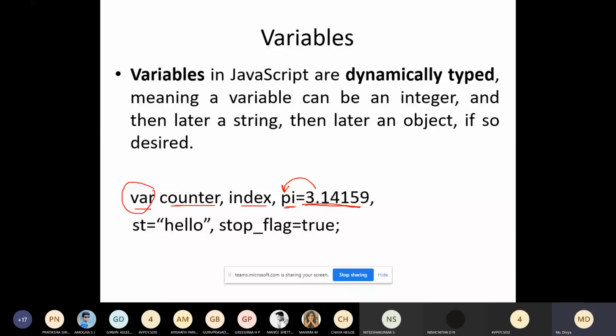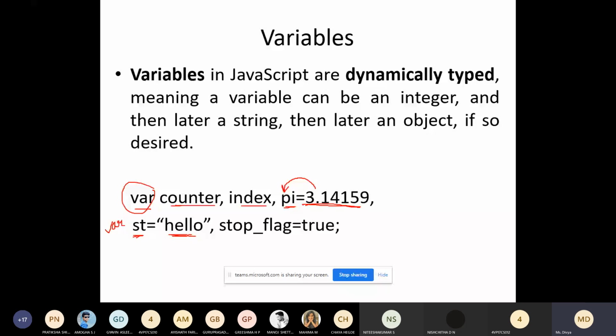Similarly st, and here you can see we have not used the keyword var. It is not compulsory to use the var keyword, but it is a good practice to create the variable with var. Here st is equal to hello.